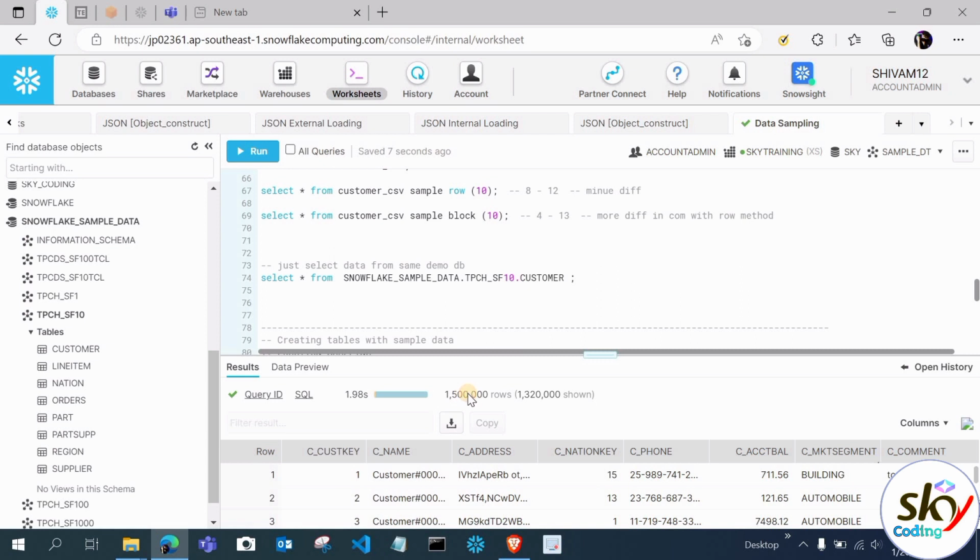Now let's copy this and paste it here. So it is having 1.5 million records. Now we will just perform the row and block sampling in this table as well. Let me copy and paste, and now for using the sampling we will just give the